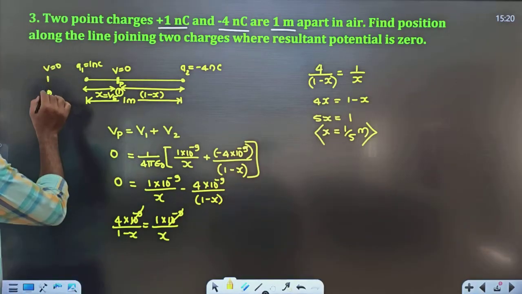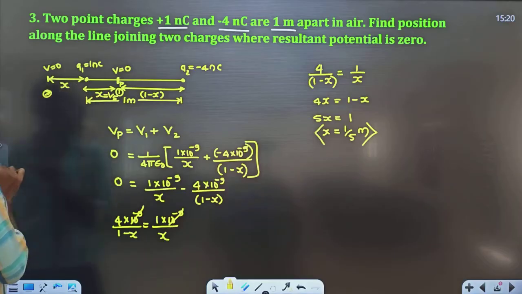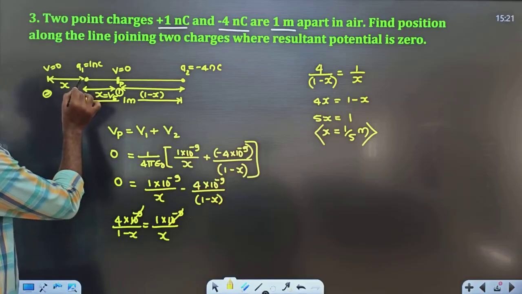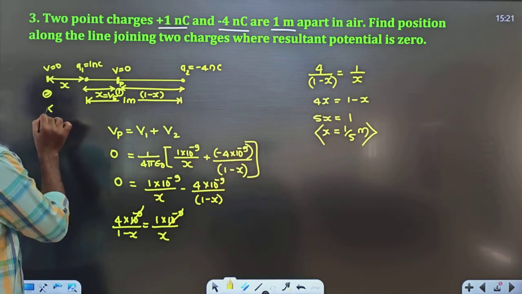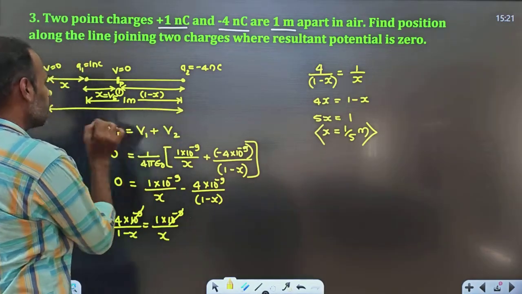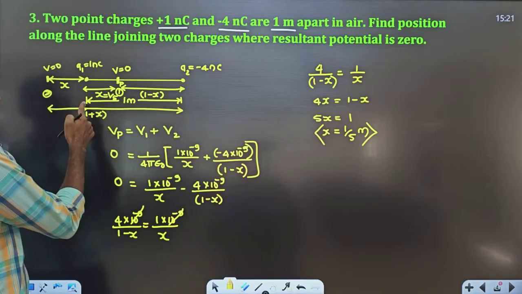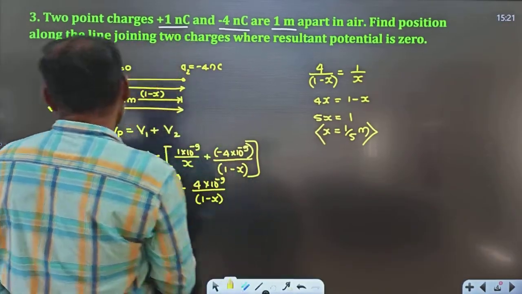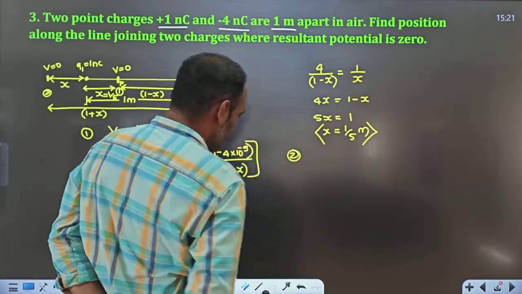Okay, next if you want to calculate the distance of this point, now take this distance as x. The distance of this zero potential point from q1 is x. Then the distance of that zero potential point from q2 will be 1 plus x. It becomes 1 plus x, 1 meter up to here, and then x meters further. So to calculate that second point, this was for the first point, now for the second point,